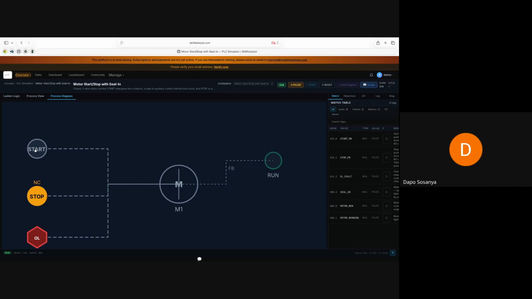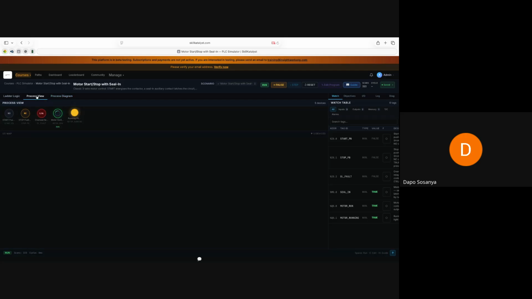We're working on the video tutorial, but we are still working on it. But there's a user guide. So you come here and you click on start. So the motor is running, right? And the status is run. So if you go to the process view, you can see on the panel that the motor is running,